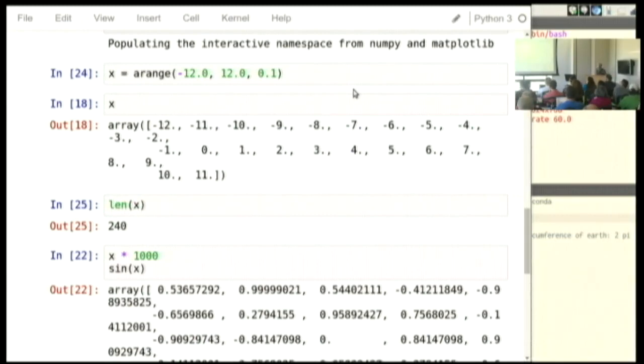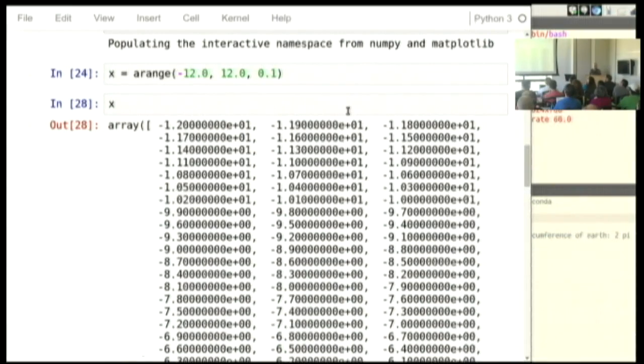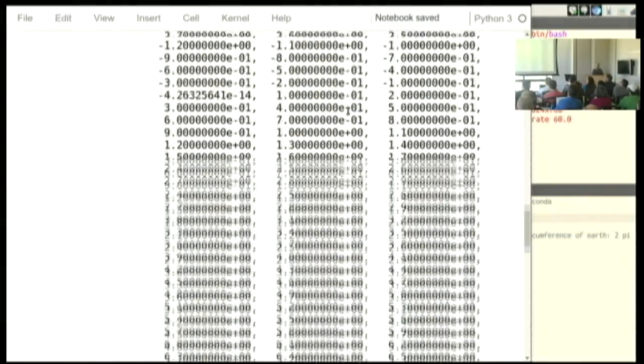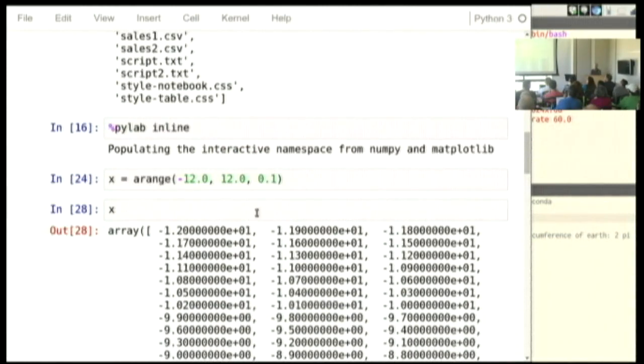Len of x is 240. X right now, if I rerun this cell, is 240 different numbers that are all 0.1 apart. And this is the danger I always find with IPython notebooks. I get so excited, I jump back and forth rerunning cells that two things can happen. One, I bring up the notebook later. I read it top to bottom, and it makes no sense.